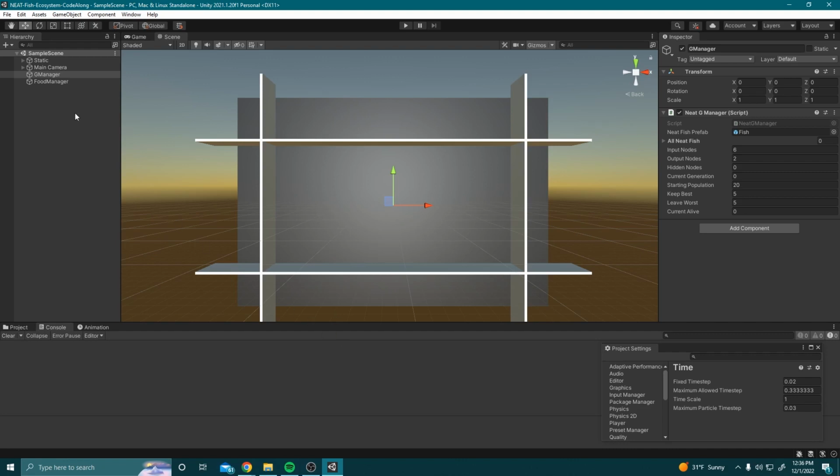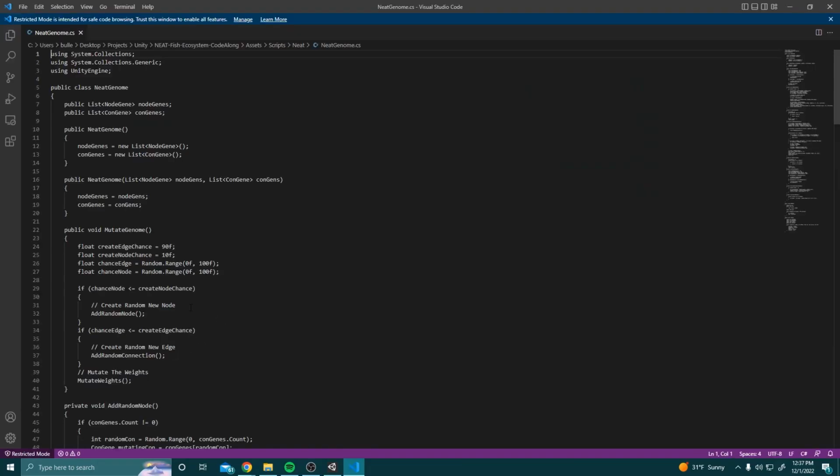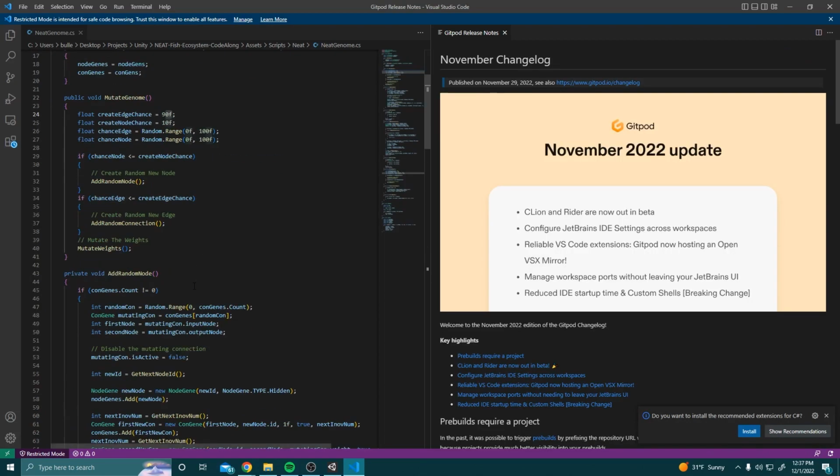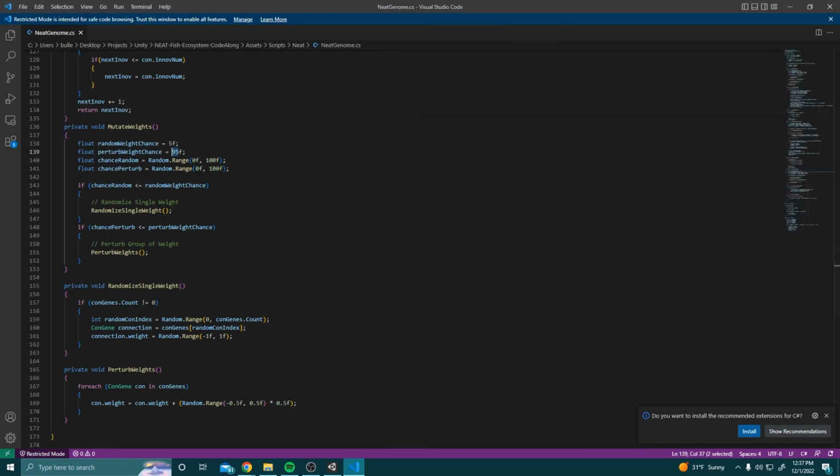Alright, let's get started. To start off, we go to the scripts, go to neat. We have all these scripts. I hope you have the same ones and you're following along. The last thing we did was change the genome, and we changed these numbers right here, the mutate genome numbers and the numbers for the protrusion and all that. And I'm happy with these numbers, so we'll stay here. Okay, I'm happy with all that, so we'll now be done with this script